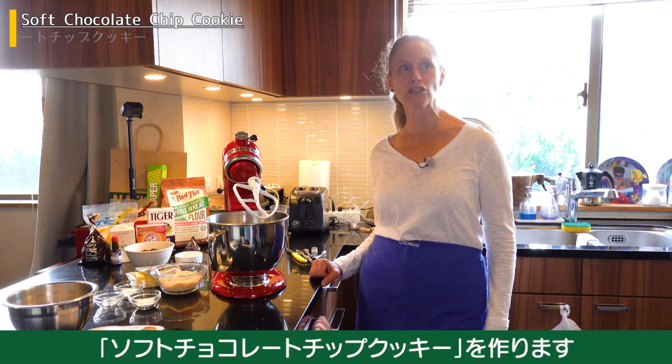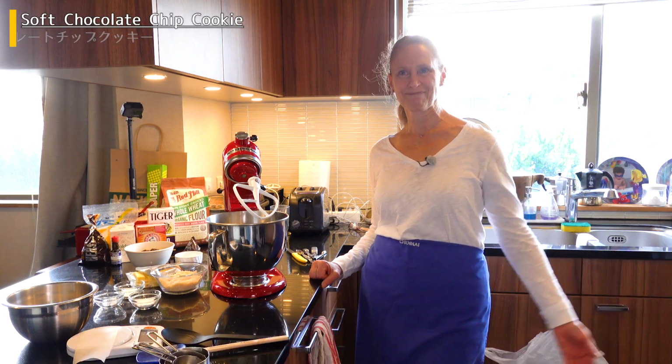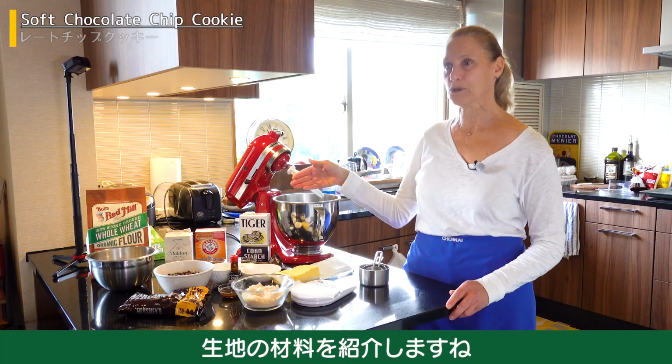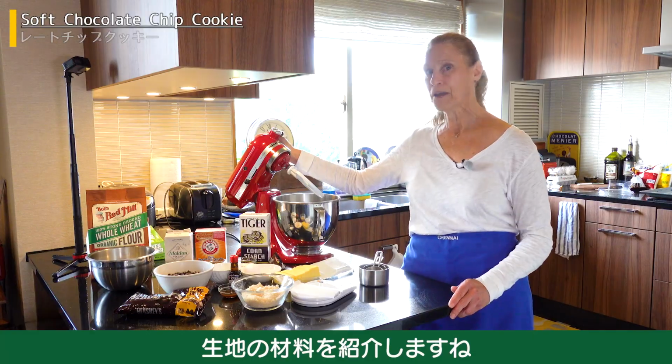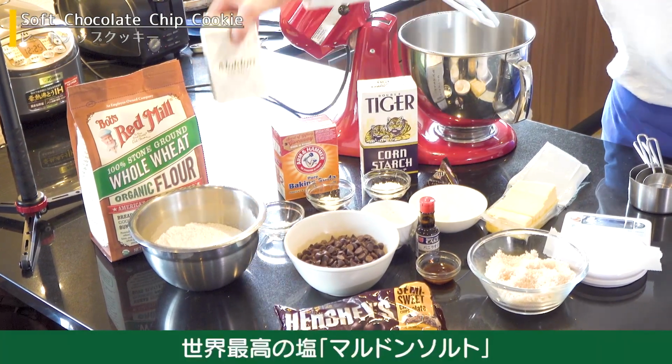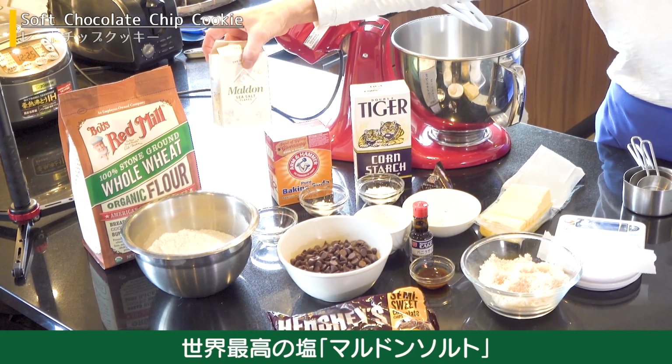Today we'll be making chocolate chip cookies in my kitchen. So I think it's also really important that you see the products that I'm using to build my chocolate chip cookie dough. So we start with our flour, which is 2 cups of flour, and our salt,